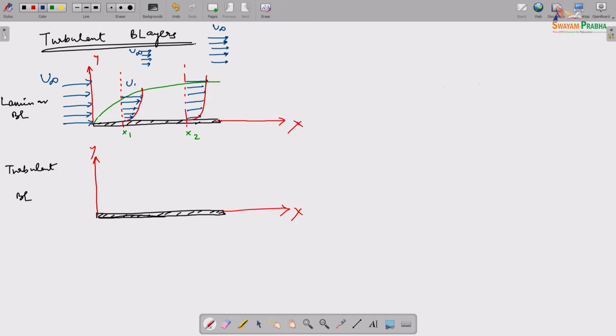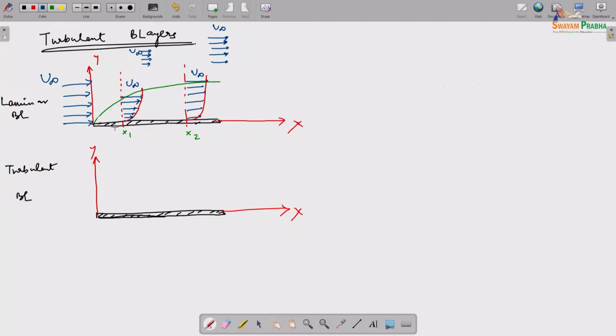And at every location, how do I calculate the height? You can see that. Here, if I measure the velocity at the wall, it is going to be 0. As I keep moving up, I keep moving up till